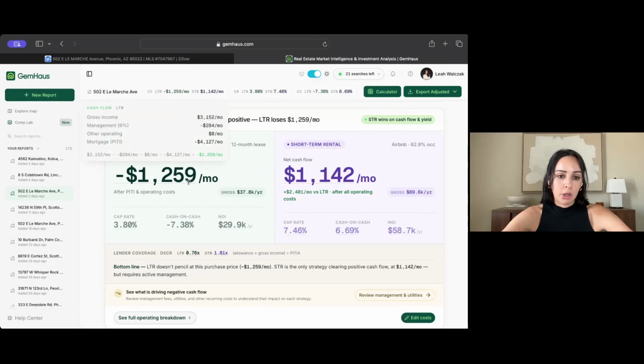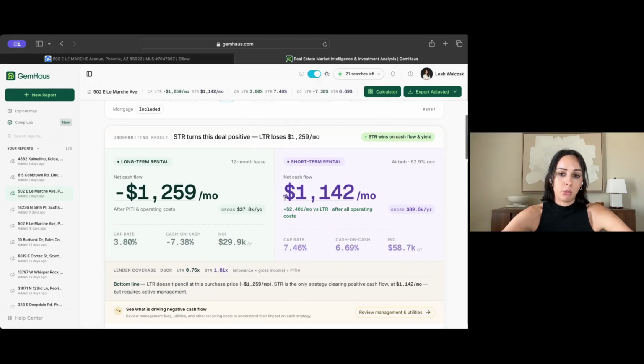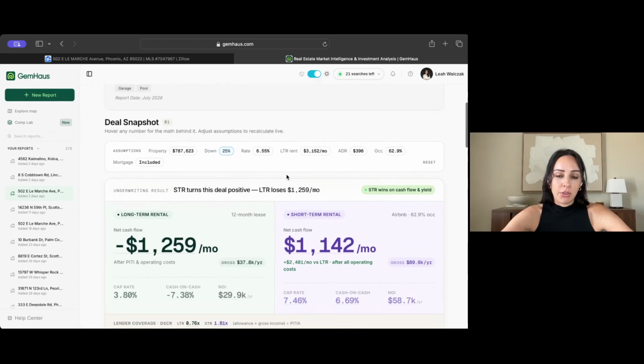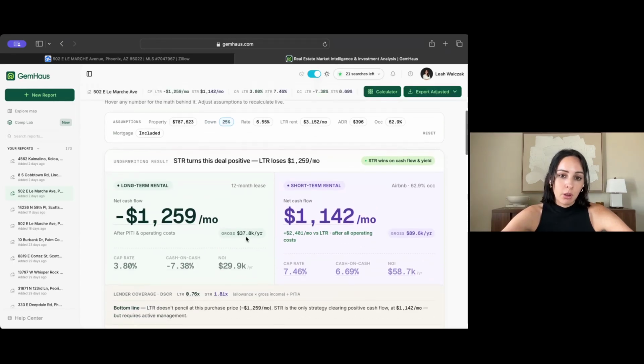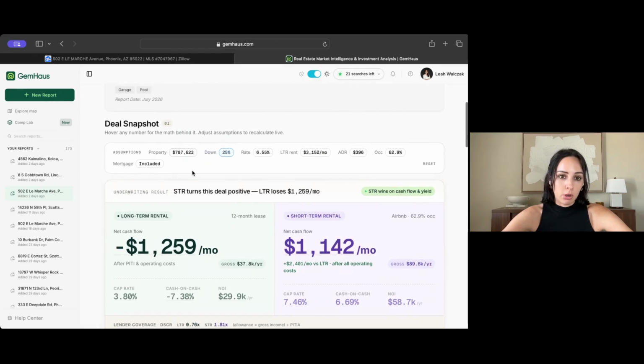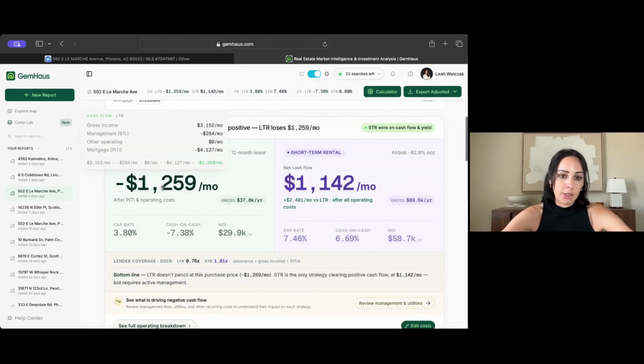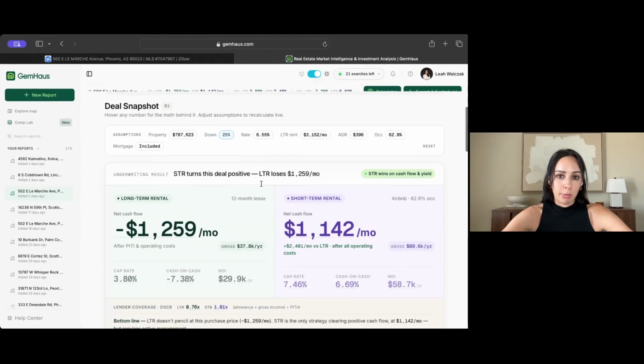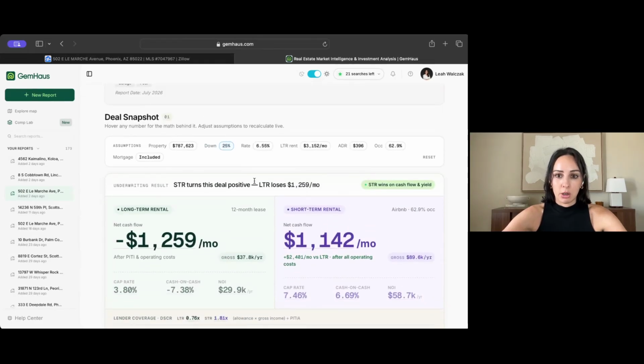I would purchase, because there is too big of a gap between the long-term rental and short-term rental, which means it would be very reliant on the short-term rental. Now, if I were to put more down and we got it for less than this, then there might be potential to end up buying this. So if we look here, if we put down, see when it starts to become positive,